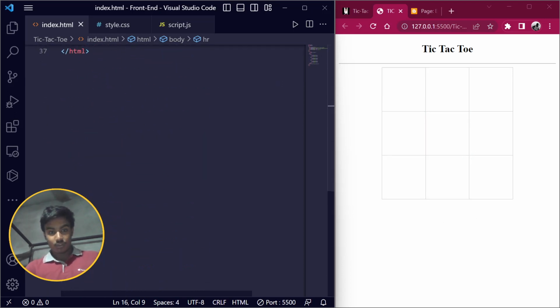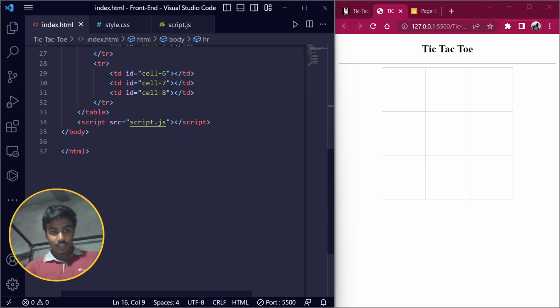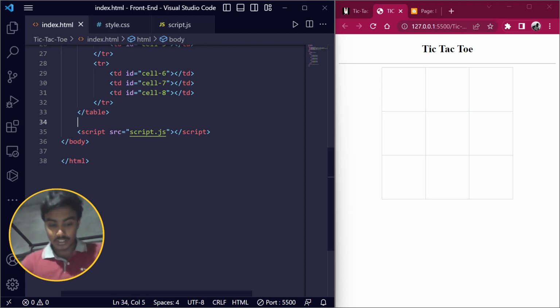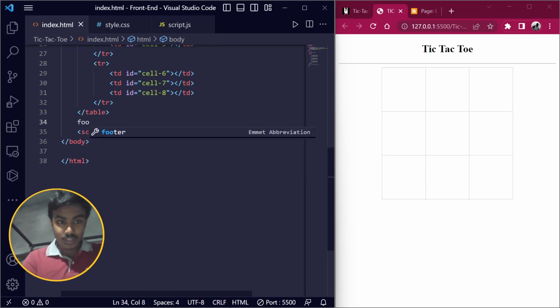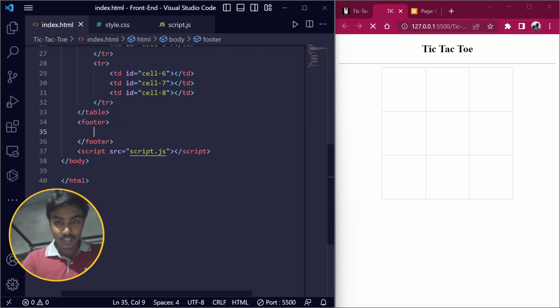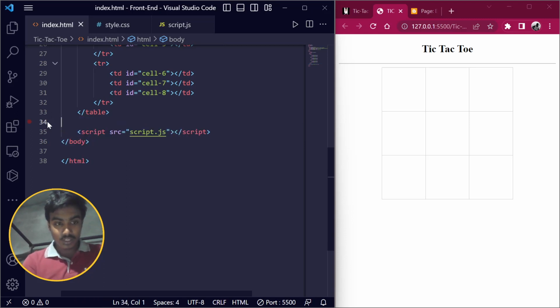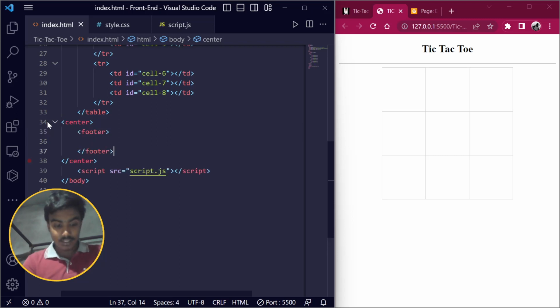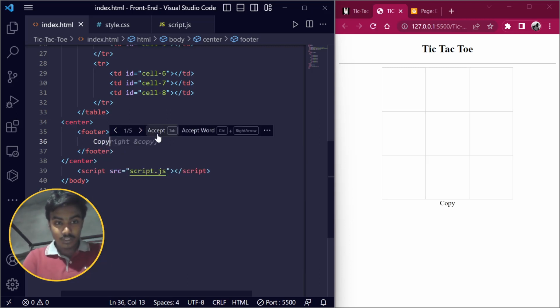And if you want to add anything, like a footer section here, you can definitely add it. Let me show you how you can do that. I want to give it a footer section, and I want to keep it in the center. So I have to insert the center tag, and here I want to create the copyright and copy